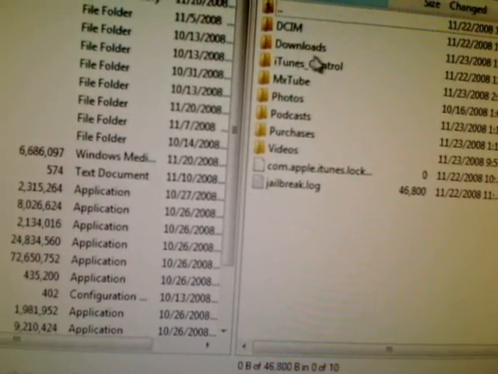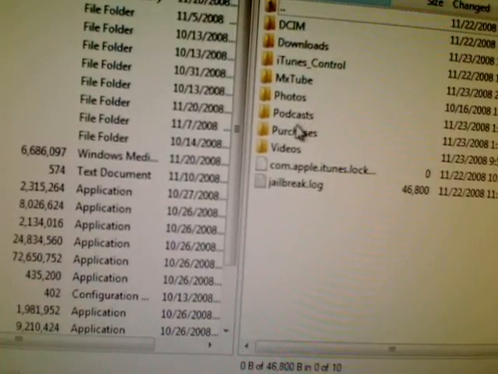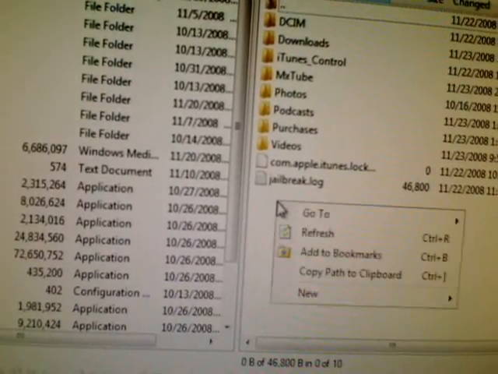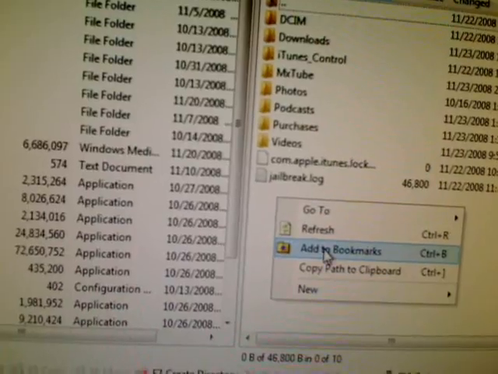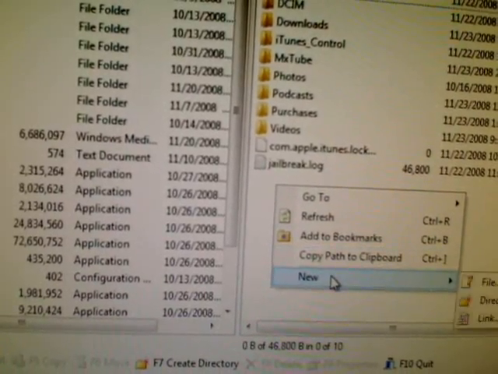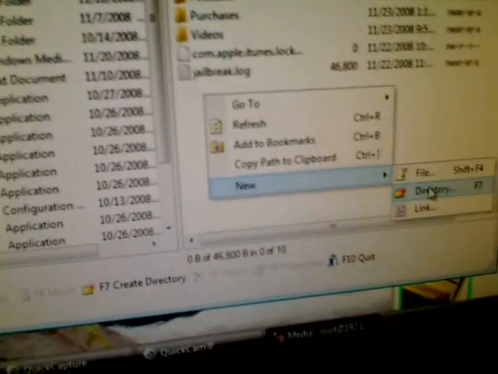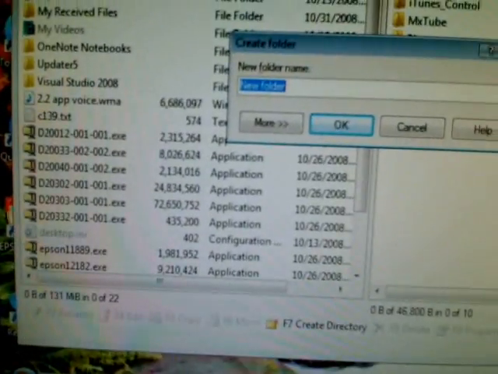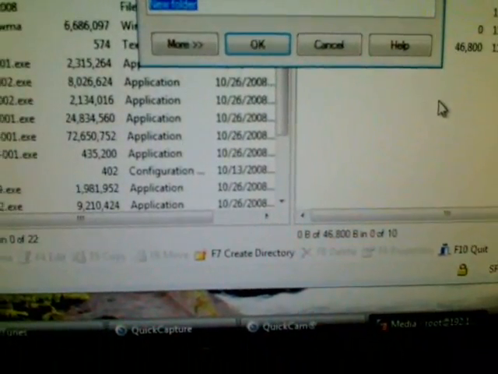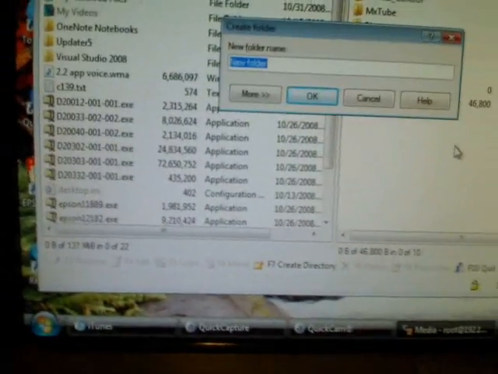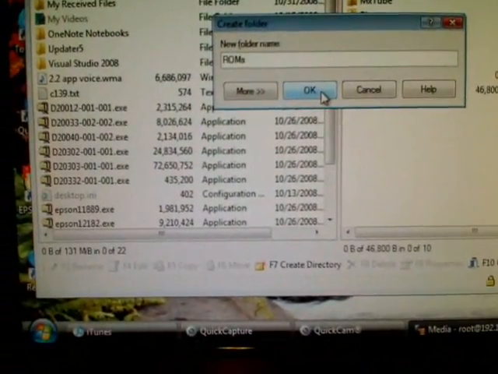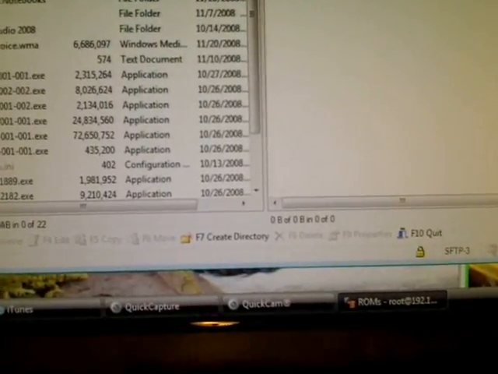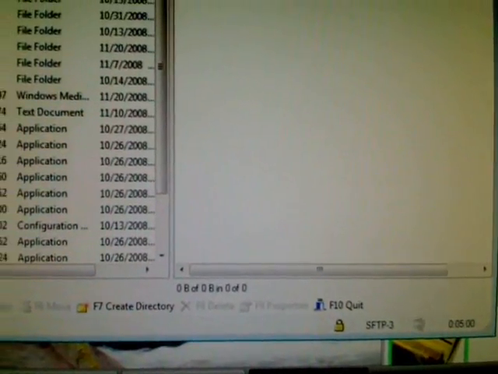On media, we're going to need to create a new folder. We're going to go to new directory. Okay, we're going to go new directory, and we're going to name it capital ROM lowercase s. Make sure it's done correctly. We're going to click OK. Then we're going to click on that folder named ROMs, and now we're going to look for the